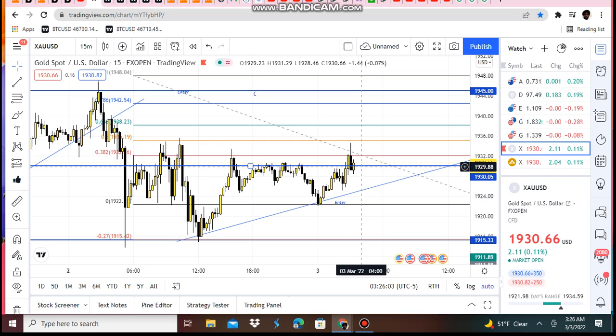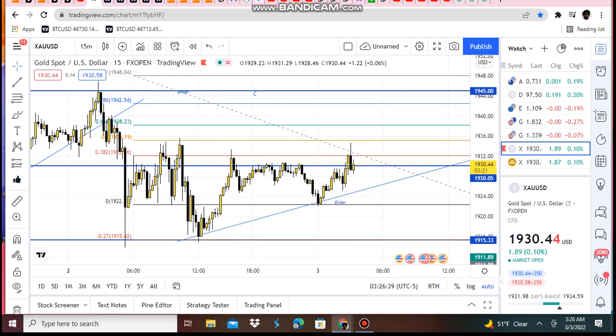So when price breaks above, it's going to retest back down and make a higher low, back down from 1934 to 1928. It's going to retest and make a higher low after making a higher high from 1922, from zero. This is the zero level. You could have entered at 1922 before price just continues going up and up and up. It's going to retest and make a higher low back down to 1928 before making a higher high back up to 0.382,